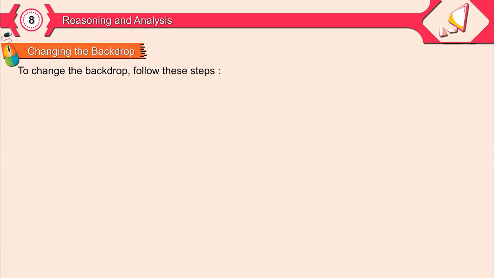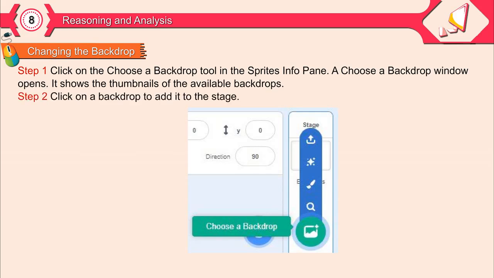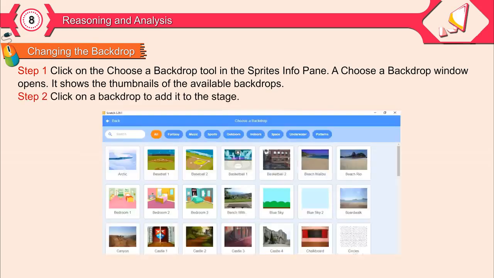Changing the backdrop. To change the backdrop, follow these steps. Step 1. Click on the Choose a Backdrop tool in the Sprites info pane. Choose a Backdrop window opens. It shows the thumbnails of the available backdrops. Step 2. Click on a backdrop to add it to